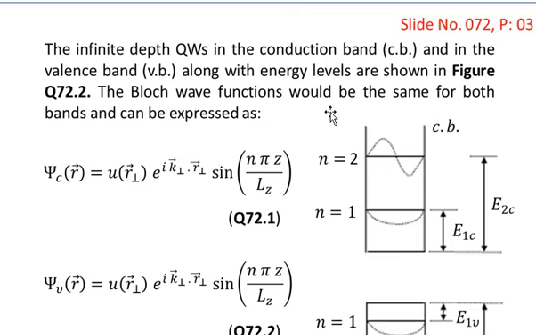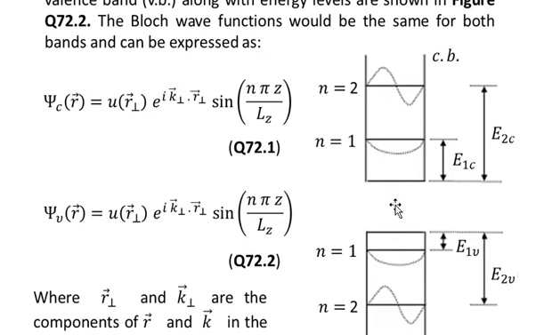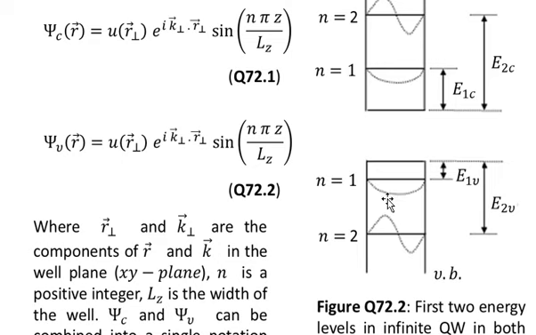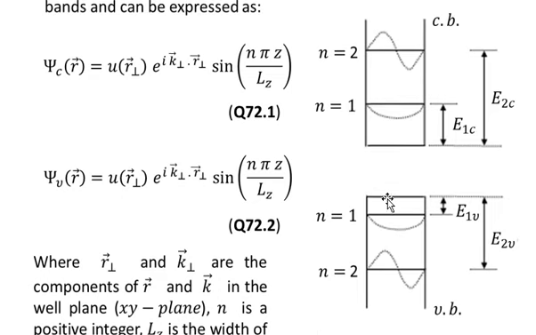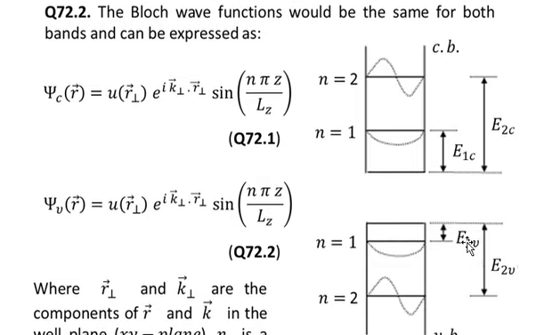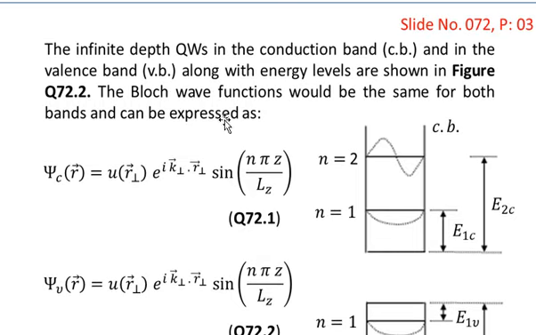Now the Bloch wave functions, you see that we have plotted the wave functions at these two levels in the valence band and the corresponding conduction band, and you will notice that the wave function for the n is equal to 2 state in the conduction band is the same as the n equal to 2 state of the valence band, and similarly the wave function which is equal to half of the wavelength is the same for the n is equal to 1 state in the conduction band and the n is equal to 1 state of the valence band. The Bloch wave functions would be the same for both bands and can be represented by